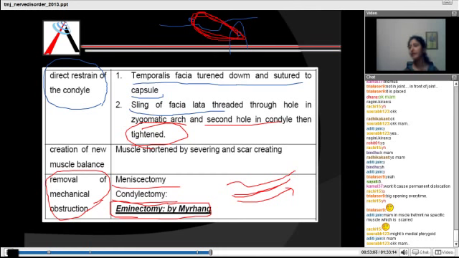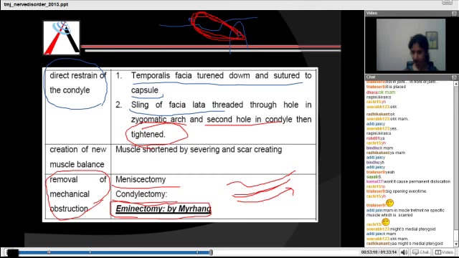So you remove the mechanical obstruction by 3 procedures. Meniscectomy